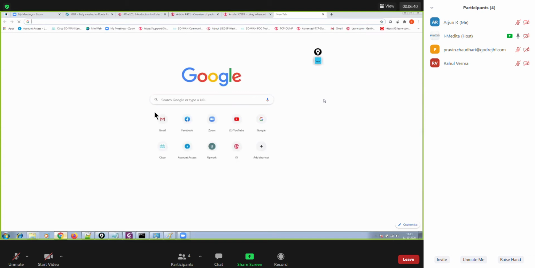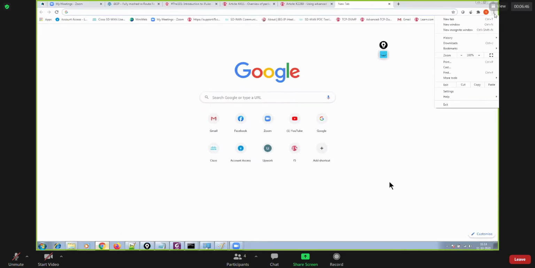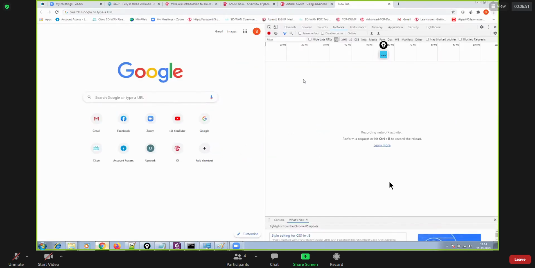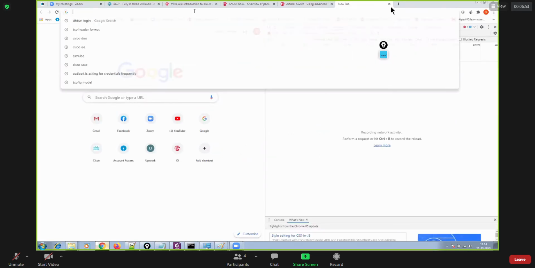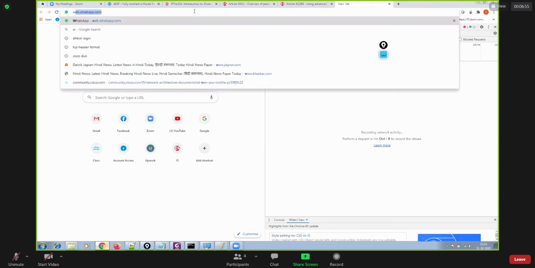Capture the packets using the browser itself, right? So if you go to your browser, more tools, and then developer tools, select network, and thereafter you can try to access a page, right? So like